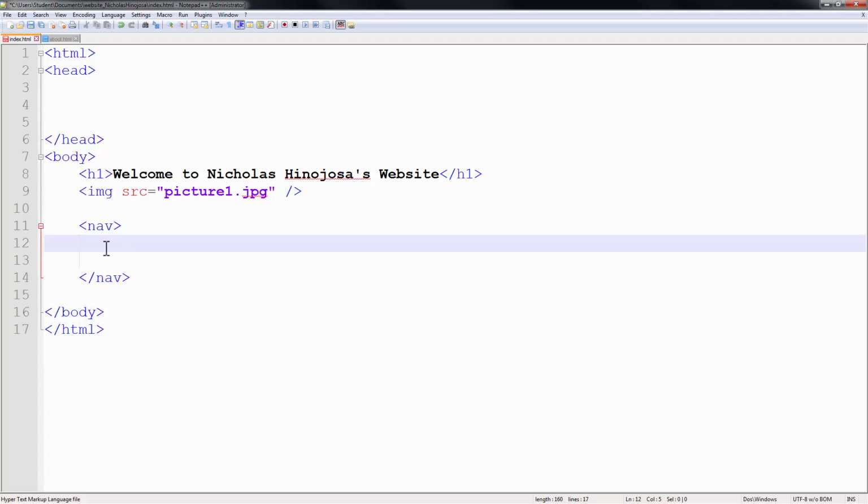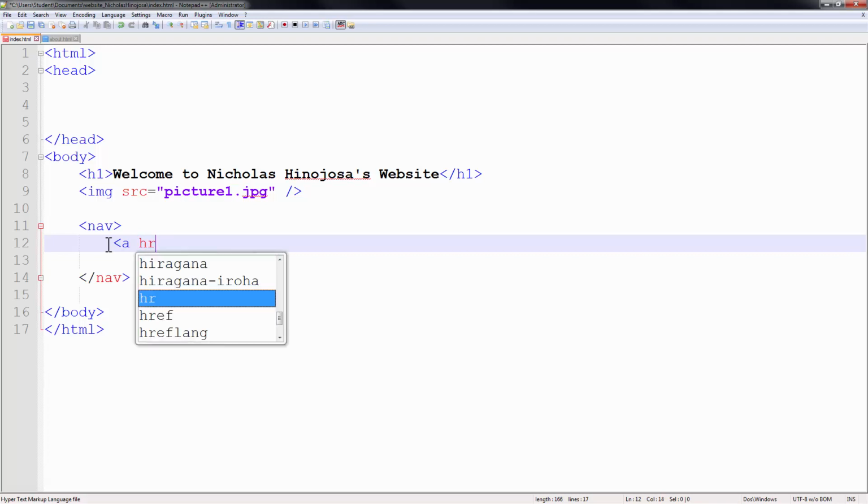Okay, so now in the nav, we can type some hyperlinks. We can tab these over as well. The tag for a hyperlink is going to be the anchor, so it's less than a. The attribute for a hyperlink is the href, for hyperlink reference. So href equals,